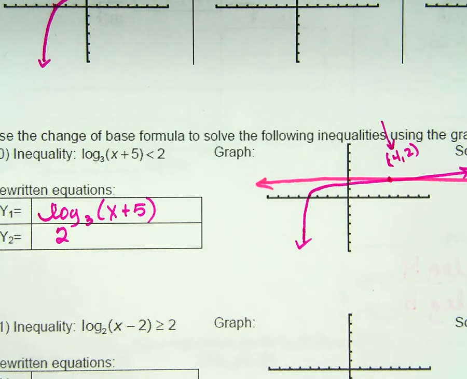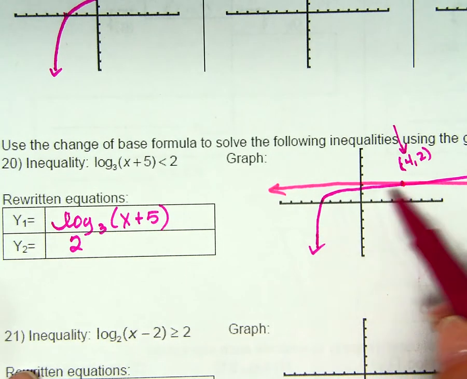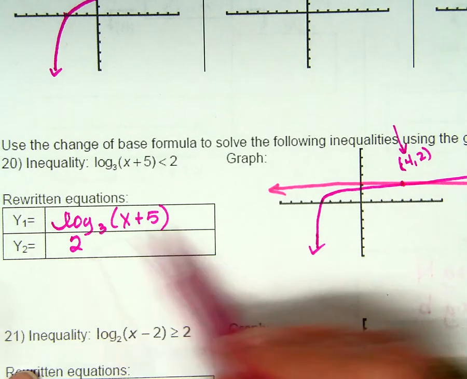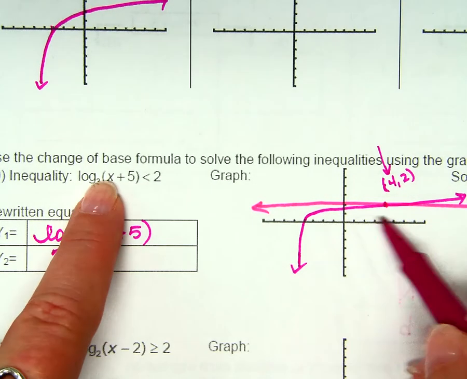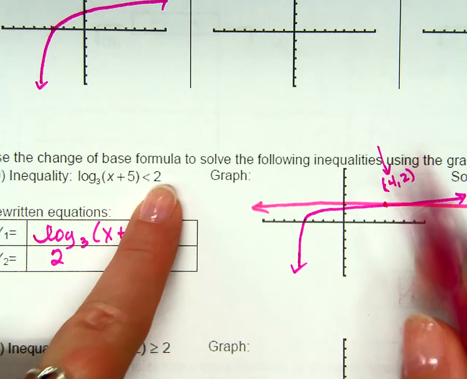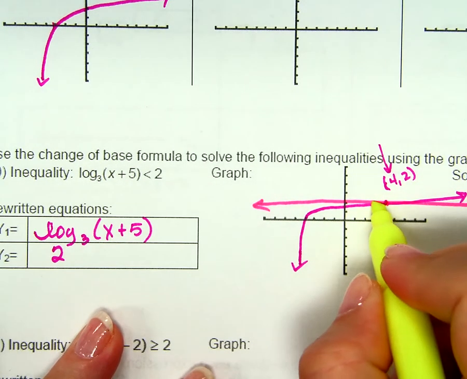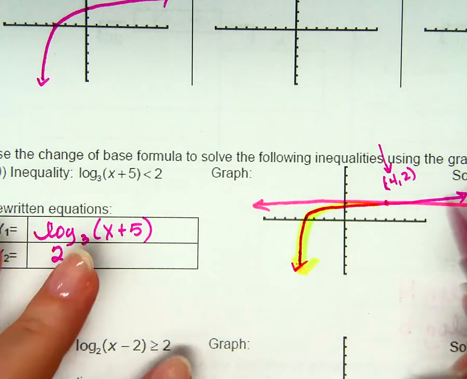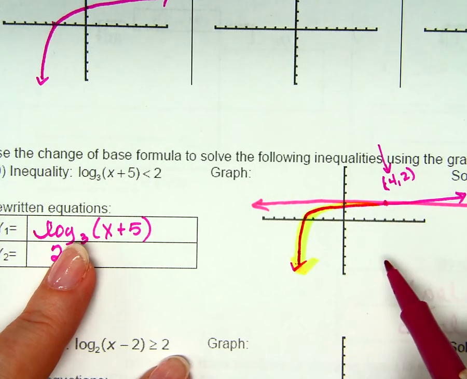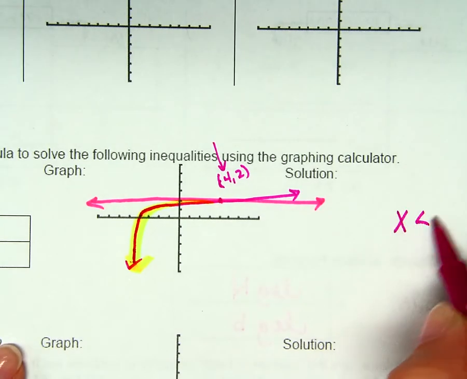Because basically we're talking about a domain issue, aren't we? Okay? So what I want to know is the first part was the curvy part, right? And the second one is the straight line, this horizontal line. So when is the curvy part less than the straight line? Isn't all of this underneath the straight line? So what x value does that take into account? The 4, right? So it's everything less than 4,